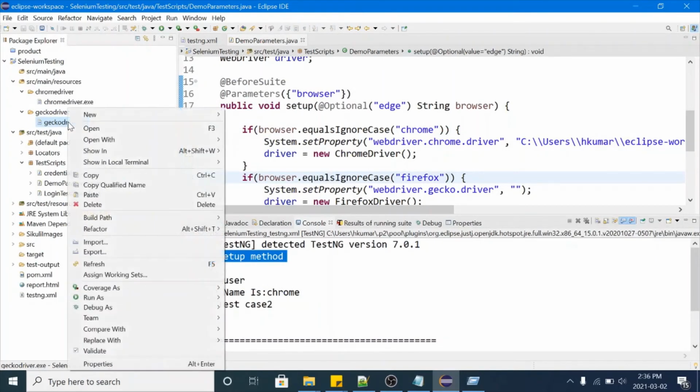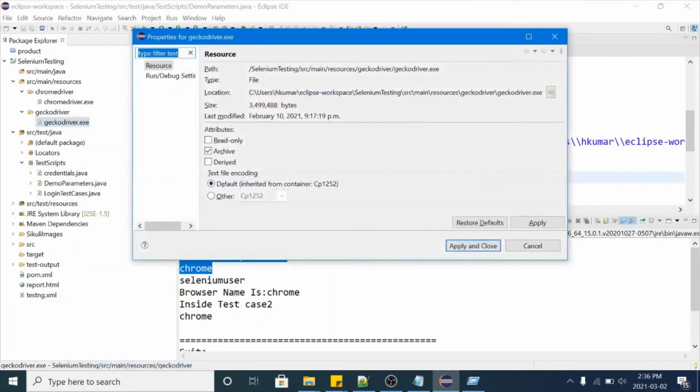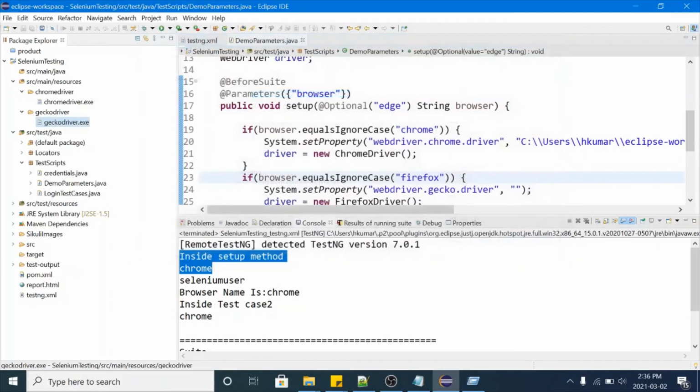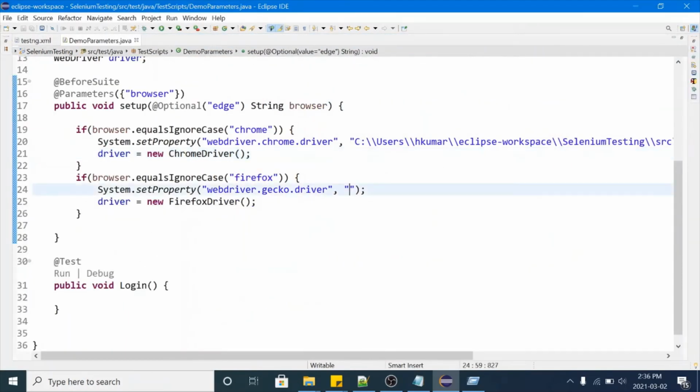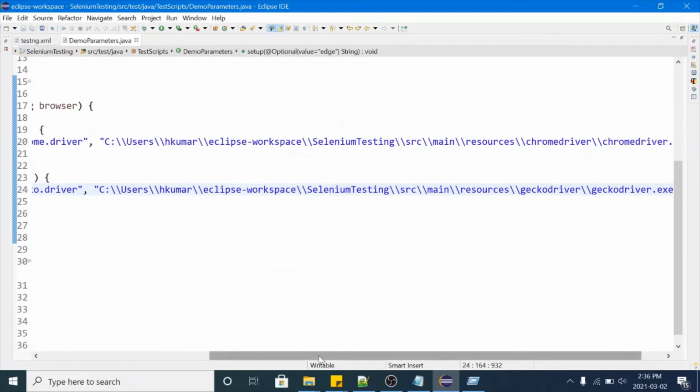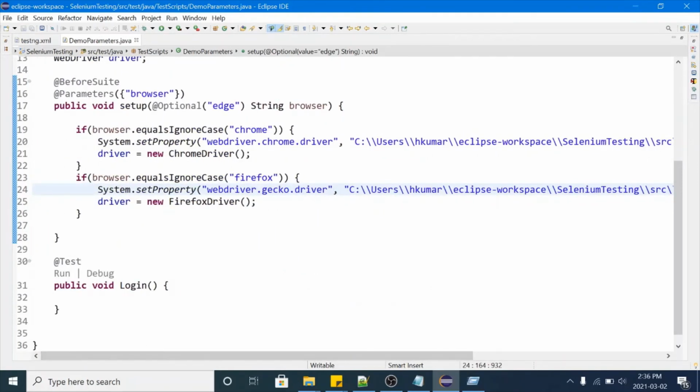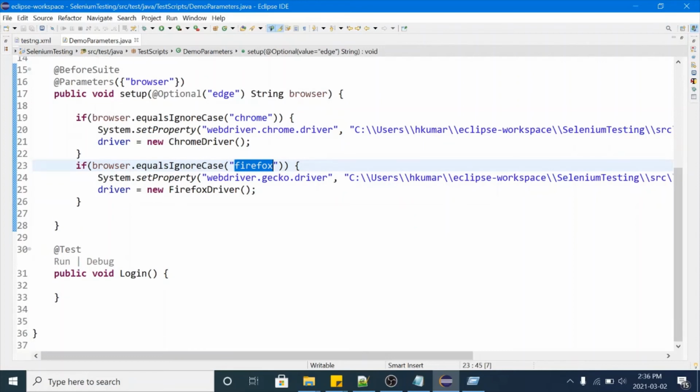Copy the path of this exe file and paste it here. So now we are making it conditional. If you want to automate your application on Chrome browser, then you can pass Chrome from your testengine.xml, and if you pass Firefox from your testengine.xml file, then it will run these test cases on Firefox browser.